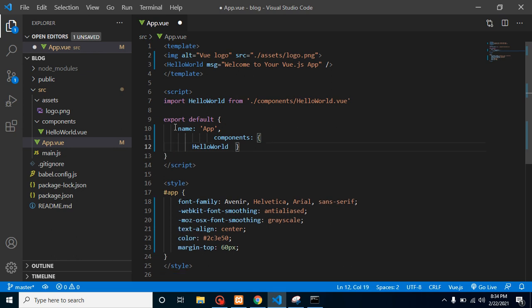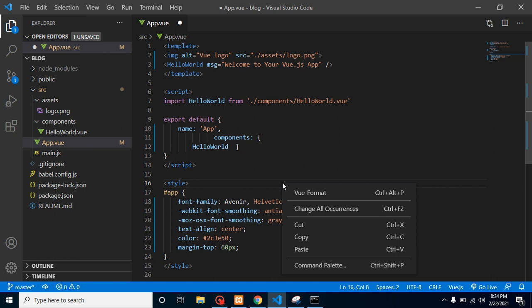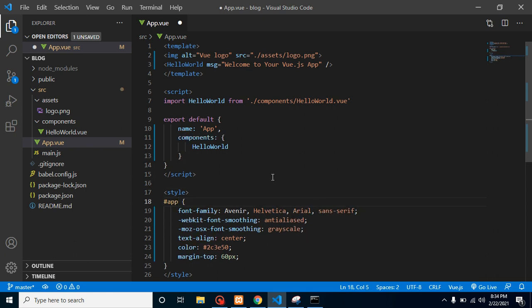Just go with Control Alt P or right click and select this menu, and now your code will be formatted, it will save your time and it will make you a professional developer also.